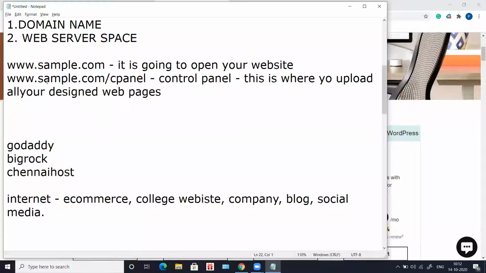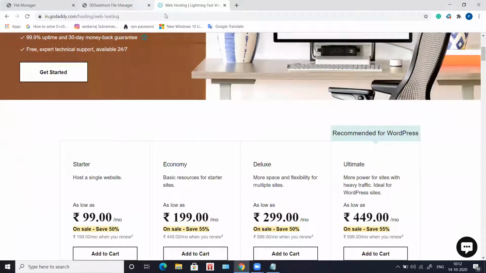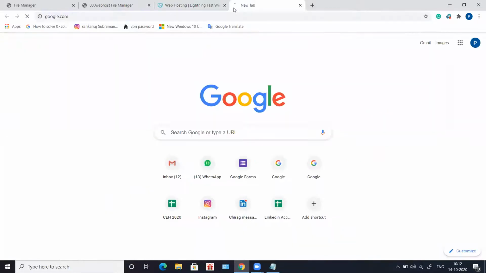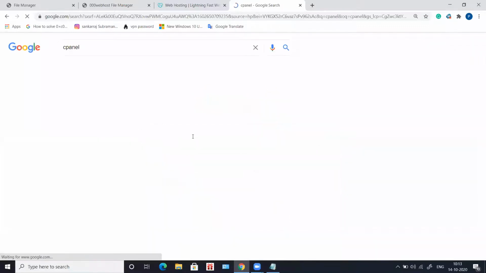Okay, so we actually have a free server. I mean, we have a server which right now I cannot show to you. So maybe I'll just show you a sample cPanel, how it looks in real.